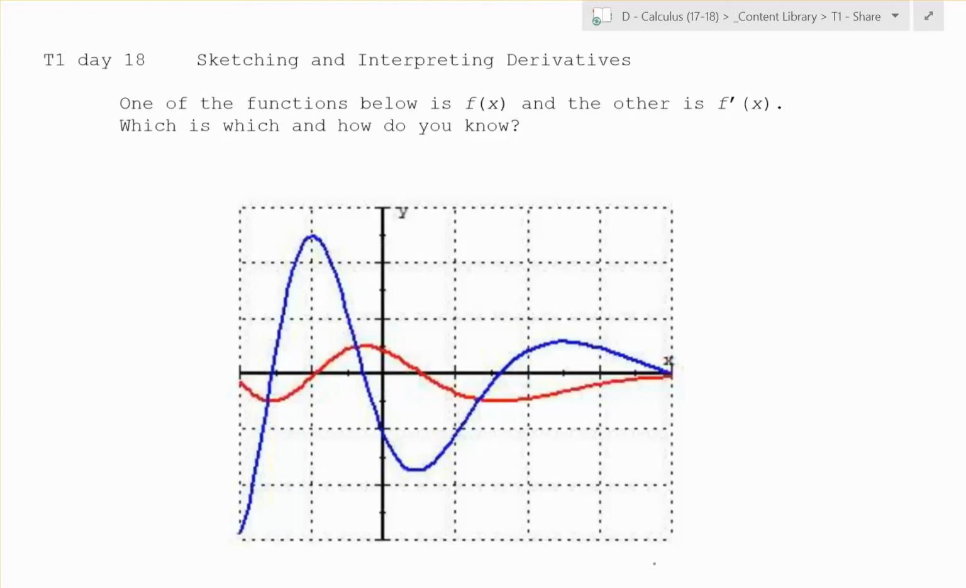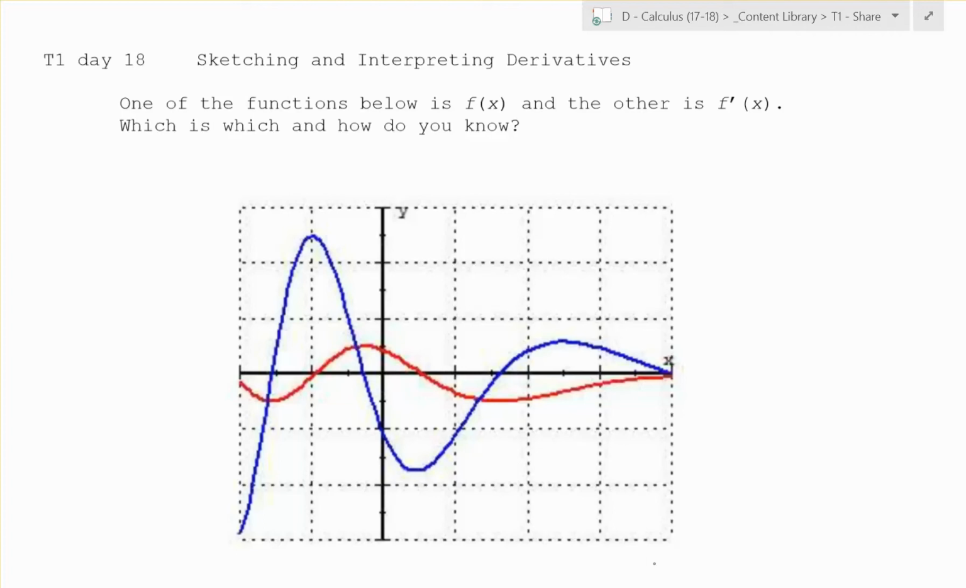Today is day 18 of calculus, sketching and interpreting derivatives. What we're going to do in this first function is, given the graphs of two functions, figure out which one is f of x and which one is f prime, meaning which one is the function and which one is its derivative. When you just have two functions, the best way to go about doing this is